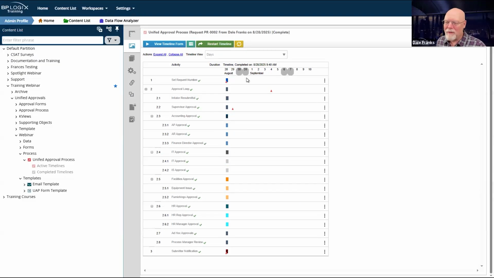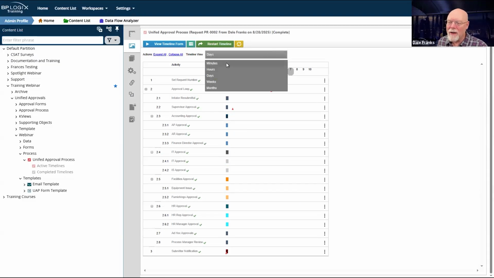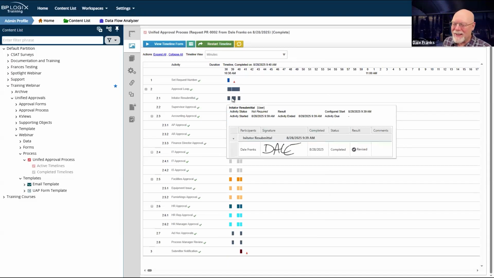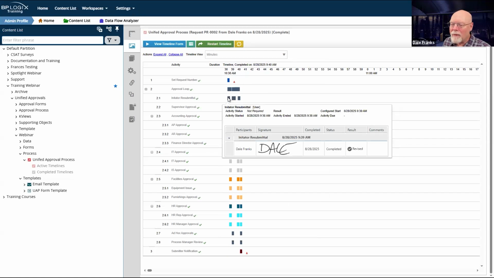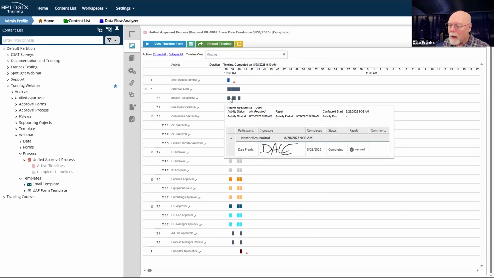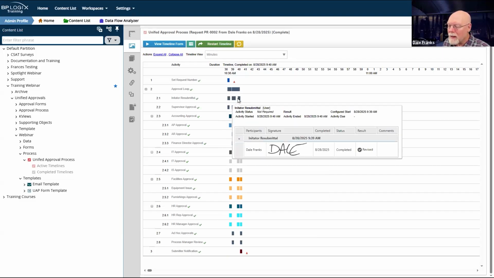So unfortunately, the scale on here, what if we go to minutes? Does that give me, yeah, okay. That gives me at least some indication. So I've got my initiator resubmittal, which came in for that one. There were two here. Completed, revised, completed, revised, completed, revised.